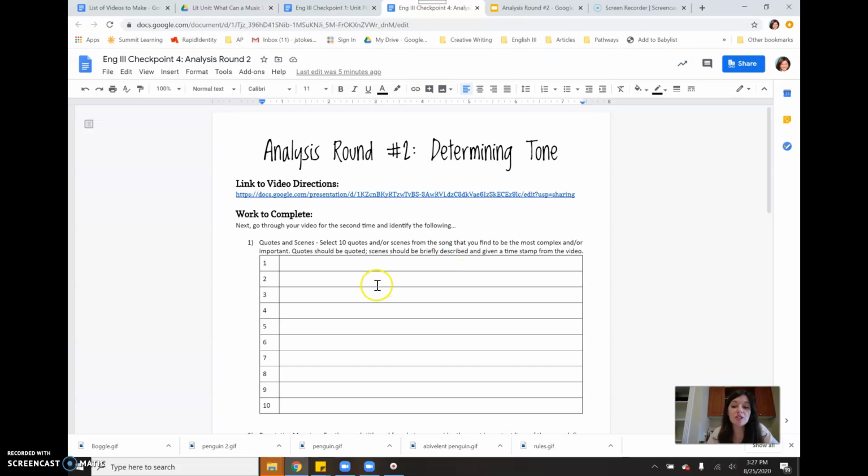So what you're actually doing for this activity is you're going to watch your music video and select 10 quotes or scenes from the video that you think are most complex or important. The quotes should be quotes, and the scene should be briefly described with a timestamp from the video. So you need 10 of those. Then